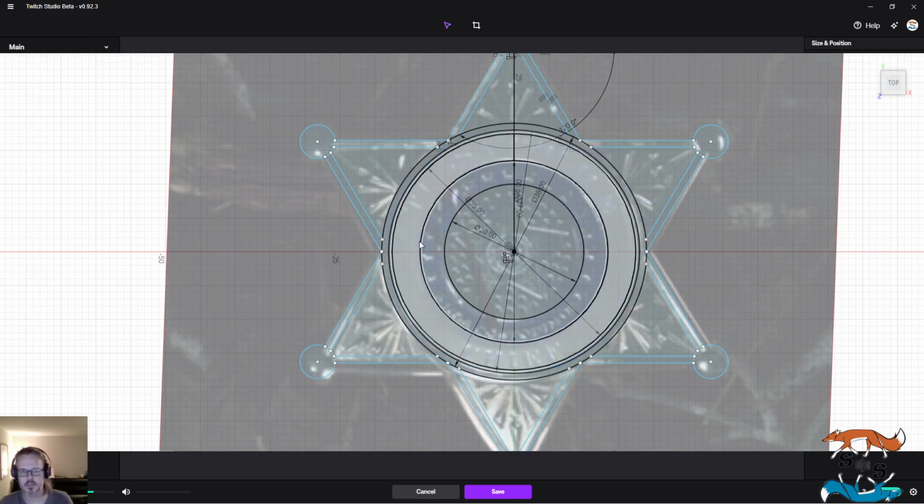But it is what it is. So what I'll need to do is basically go in here and say, okay, this circle is the one that is this one, I think, that's 27 millimeters. So I'll have to go and make a 27 millimeter circle in Illustrator, curve the text around it, and then